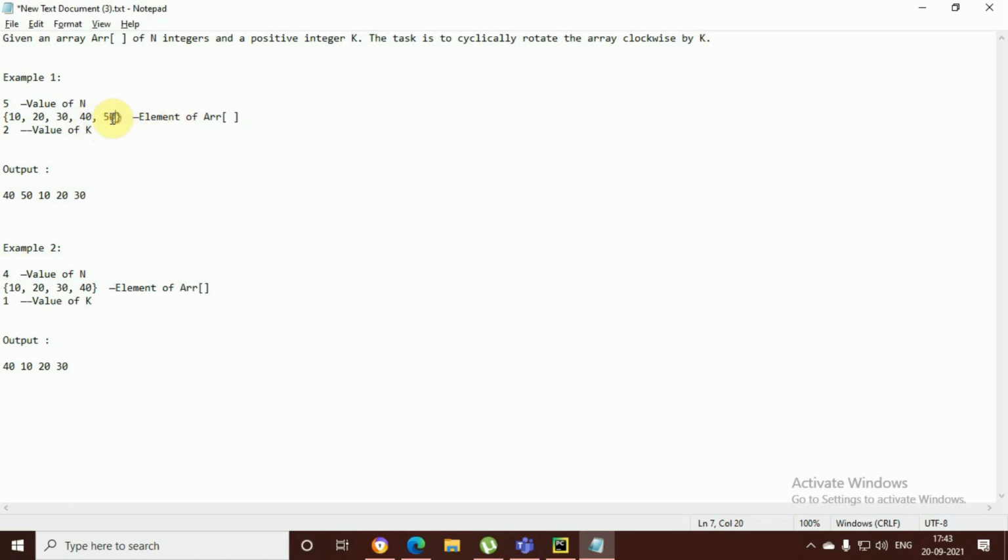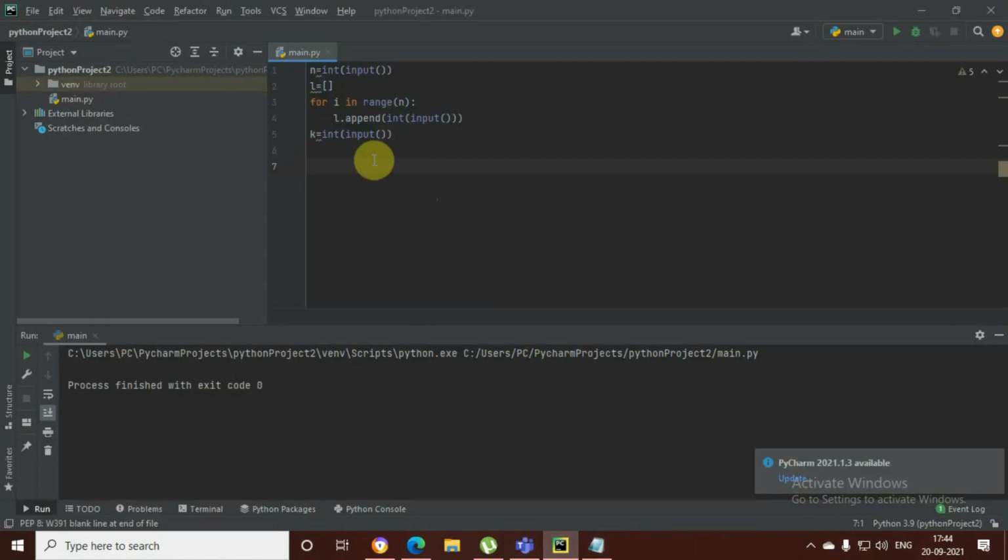सो हम लोग क्या करना है, 50 को उठा के 0th पोजीशन पे रखेंगे और 50 को रिमूव कर देंगे, तो हमारा एरे बन जाएगा 50, 10, 20, 30, 40। देन व्हाट विल हैपन इज़ 40 को हम लोग रिमूव करेंगे और 40 को उठा के 0th पोजीशन पे रख देंगे, तो हमारा ये आ जाएगा। ओके, तो हम लोग को ऐसे कितनी बार करना है, k बार। सो विल डू द सेम थिंग।